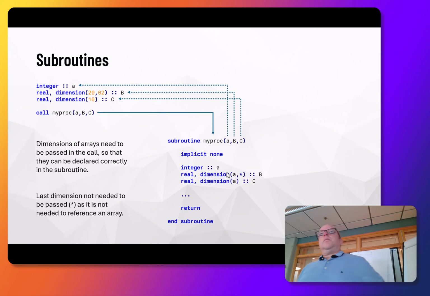So here you can see what I mean. I have a subroutine here with A, B, and C. A is an integer, B and C are arrays. And if you see this star syntax here, if you have a two-dimensional array, you actually don't have to declare the last dimension, because you can get to the next column by knowing the number of rows in the array. So you often see this used so you don't have to give all the parameters. Here, A defines the number of rows for B and the total number of elements in C. But these actually refer to